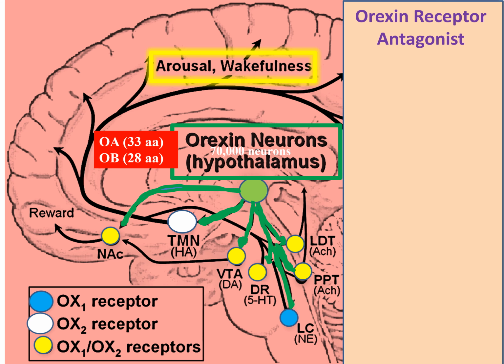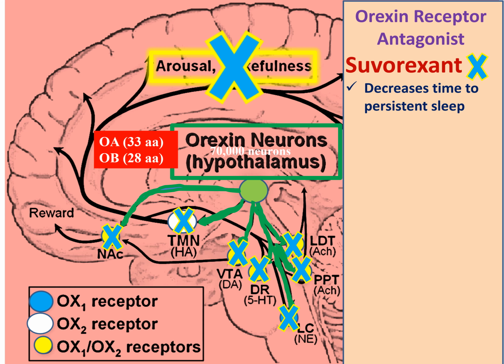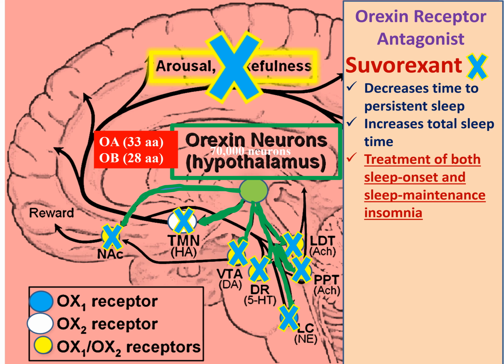So if you are going to use a medication that will block these orexin receptors, like suvorexant, we are going to block all these nuclei activity, and that will lead to a decrease in arousal and wakefulness, and will lead to sleep. So this medication, suvorexant, will be decreasing the time to go to sleep, and also will be increasing the total sleeping time. So we are using it for those who are suffering from inability to go to sleep, and also to maintain